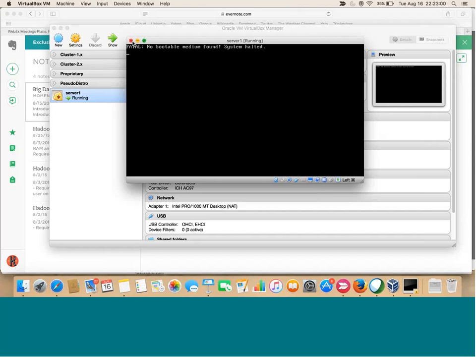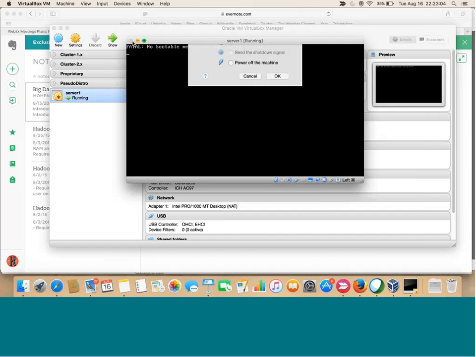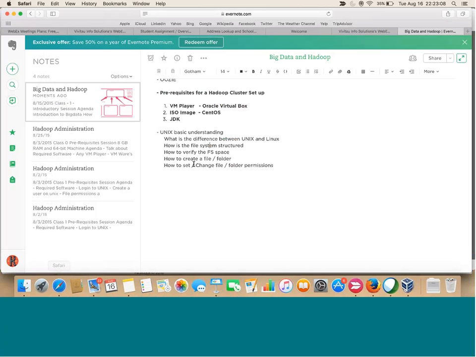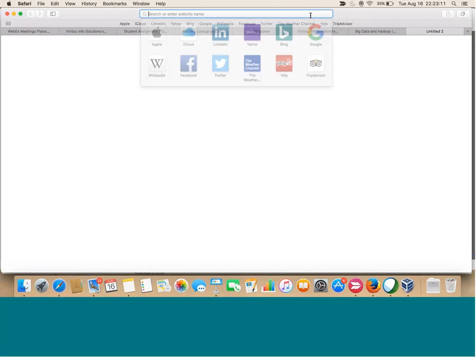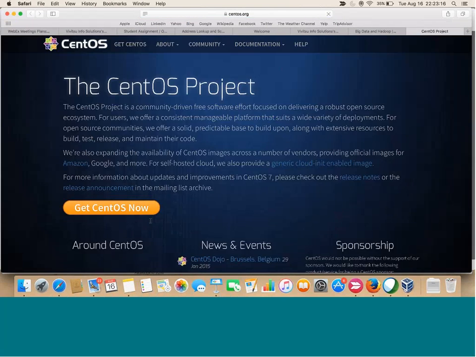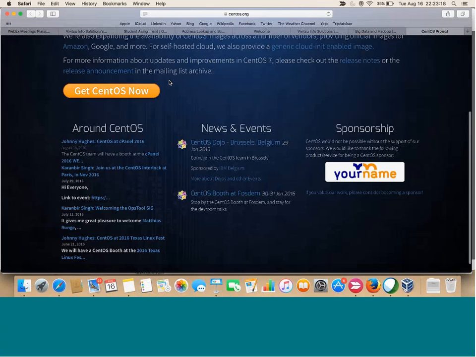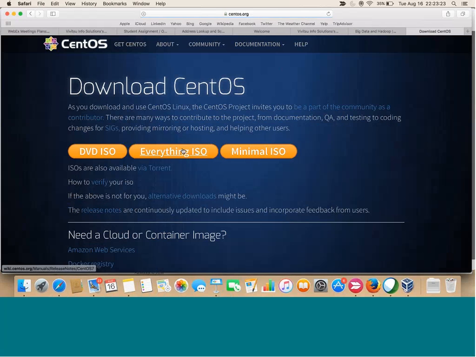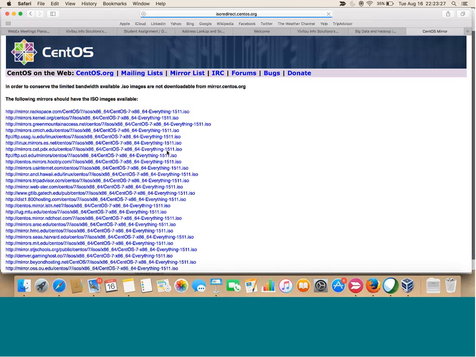So what we'll do here is we will try to install the operating system into it. Now for the operating system, what I showed you yesterday was to download your CentOS, right? So if you say CentOS.org, and from here go to CentOS now and click on this Everything ISO, which is what I showed you yesterday, and you will